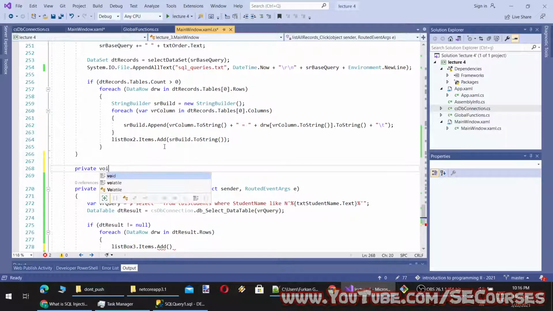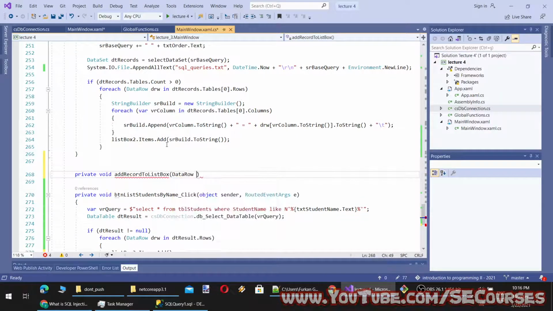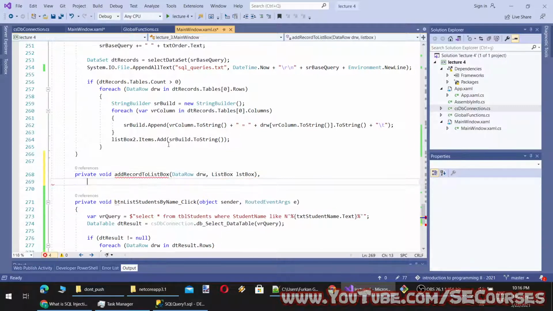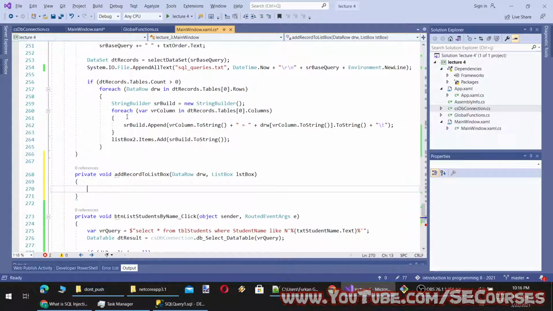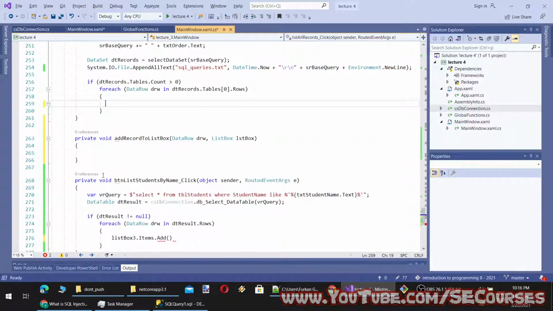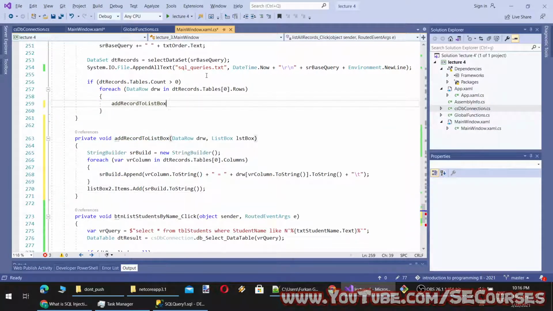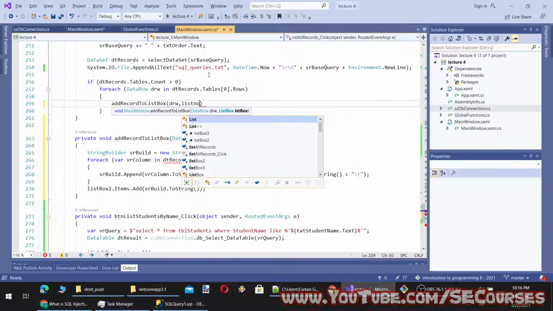Private void add record to list box, and it will take a data row, and then it will take the reference of the list box. It is as simple as this. And here we will copy and paste this, and here we will provide the list box.